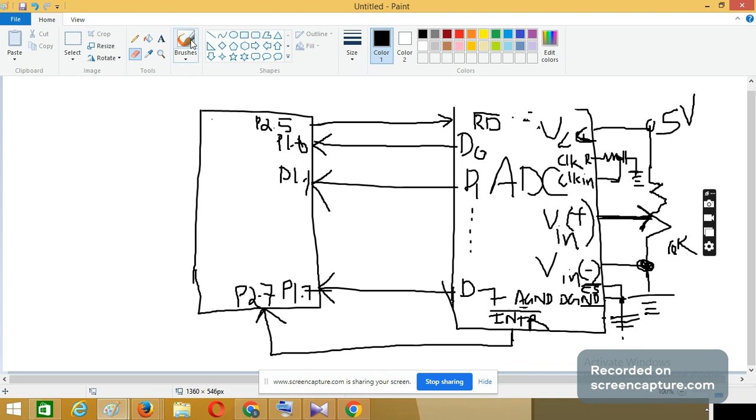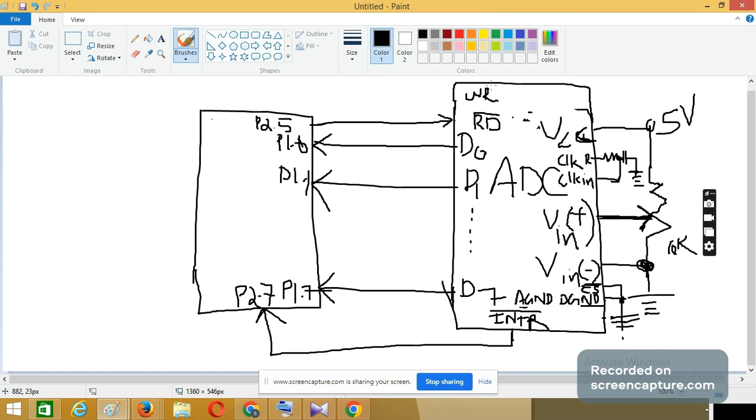P2.5 I am giving to read bar. Whenever the microcontroller wants to read the digital data from the ADC, it gives a signal through P2.5 to read bar, so that this will allow reading. And write bar